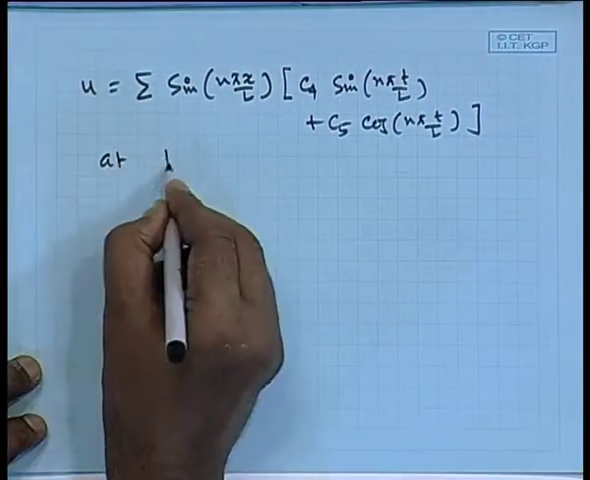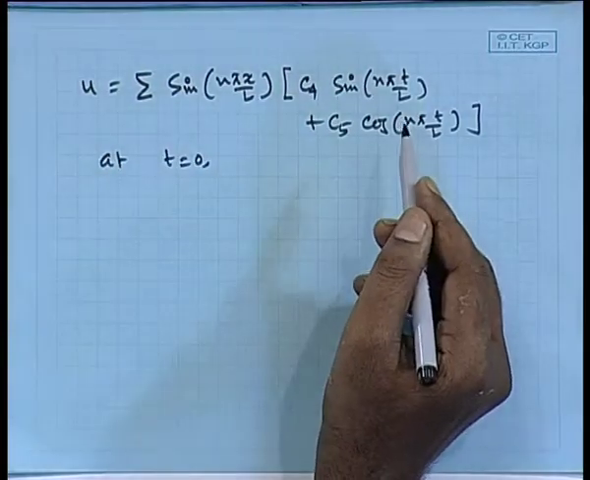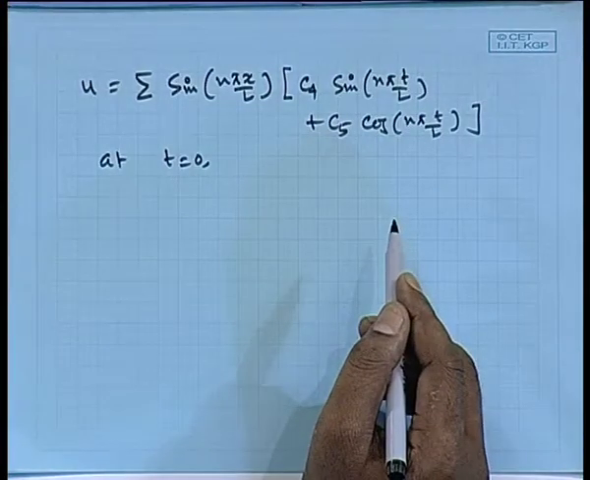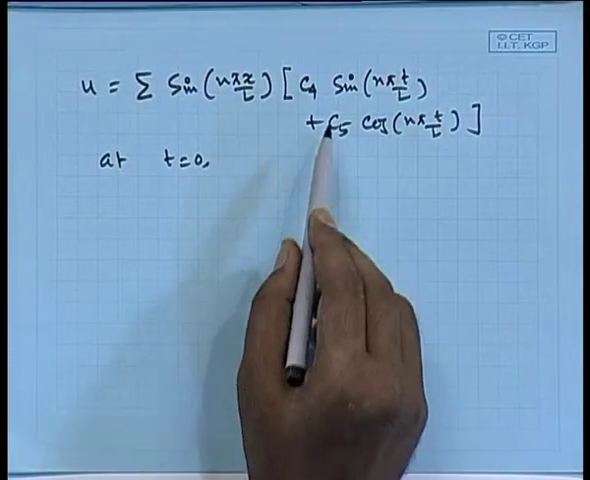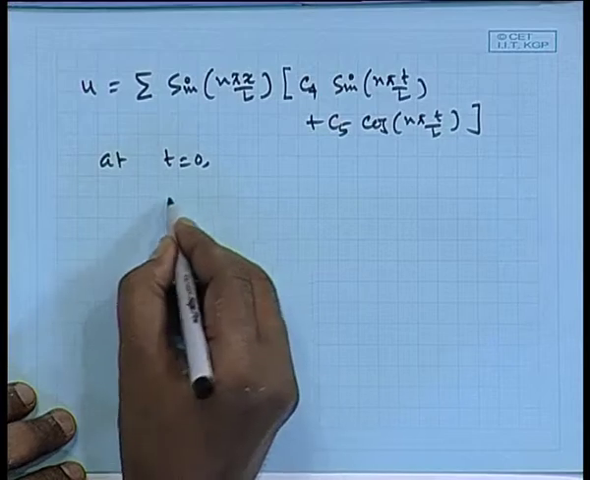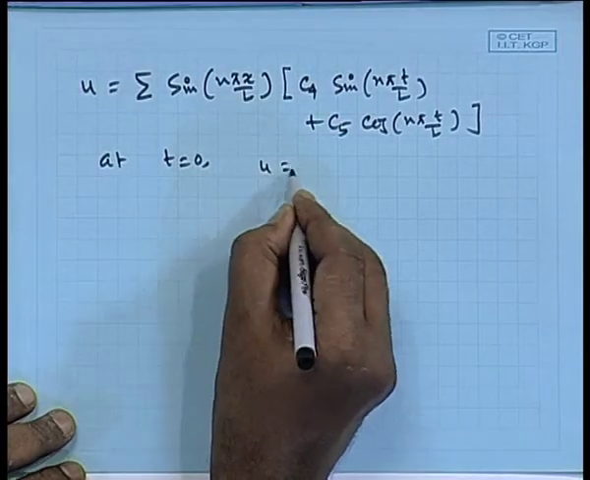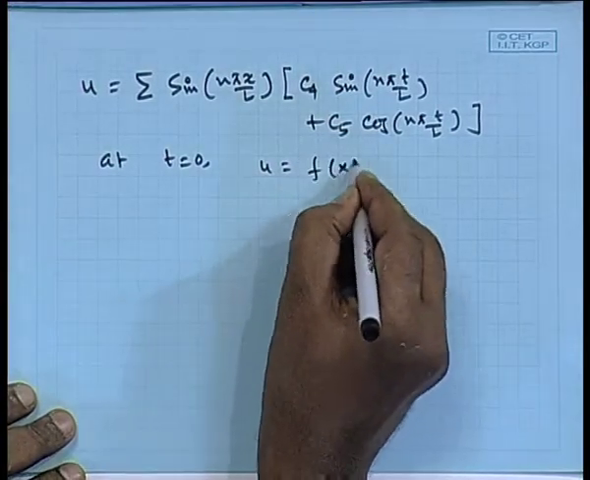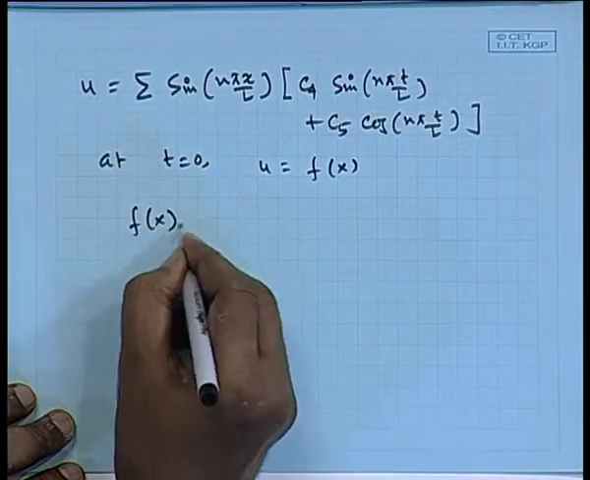At time t equal to 0, we have two initial conditions, one on u and another on del u del t at time t equal to 0, and we have two constants to be evaluated. At t equal to 0, let us say u was equal to f x, or maybe some constant. So, f x is equal to summation